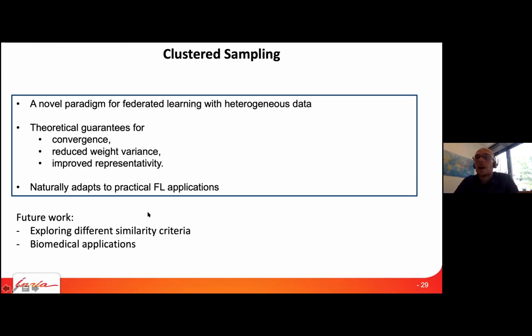And of course, which similarity, which clustering method, which way of defining distribution is all an open question. We don't have a necessary and sufficient condition or optimal condition. We cannot guarantee that. We can just provide some bounds, right? So it's up to us to find the proper way of doing things. And how this applies to more complex and more interesting datasets and more challenging ones, this is all open investigation. So yeah, more work to do.